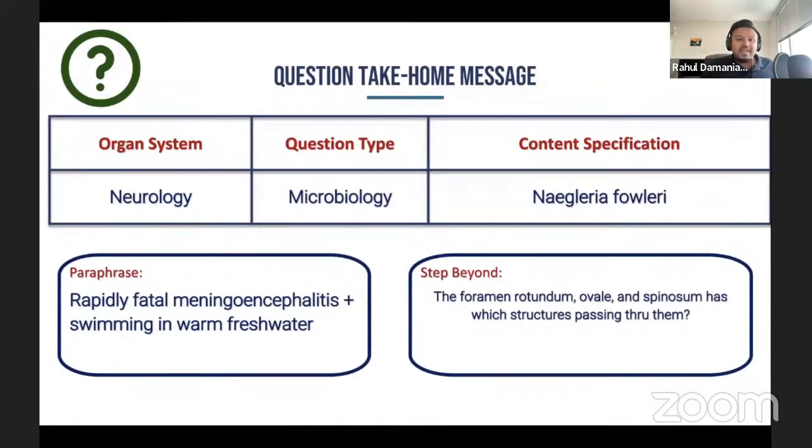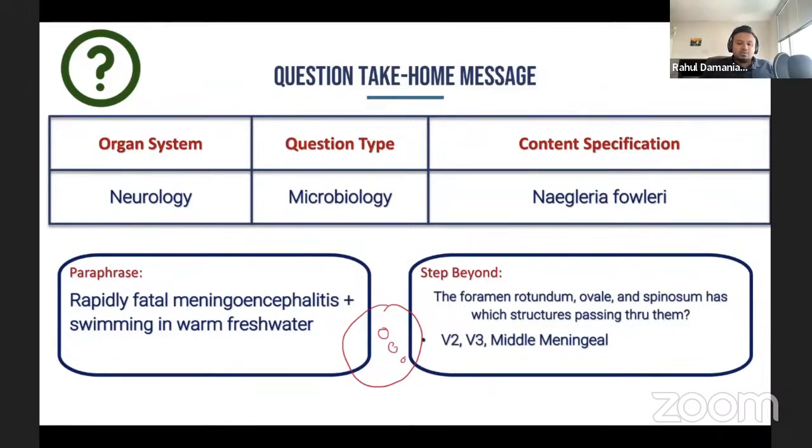So speaking of anatomical tie-ins, let's go ahead and take this question a step beyond. The foramen rotundum, ovale, and spinosum has which of the following structures passing through them? Now recall that when you're getting a cranial anatomy question, these are going to be kind of diagonally situated. So remember that the rotundum has V2, the